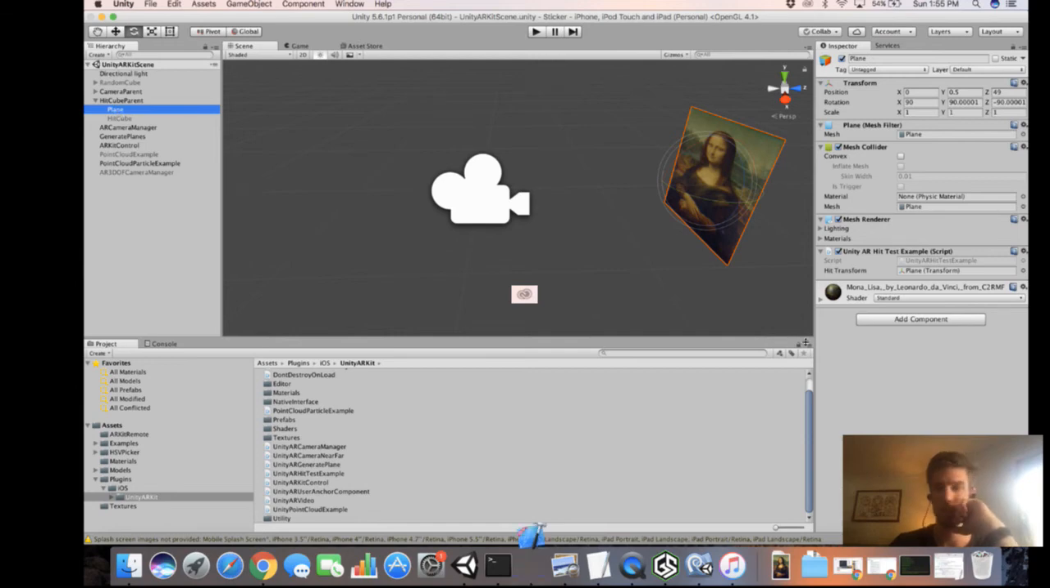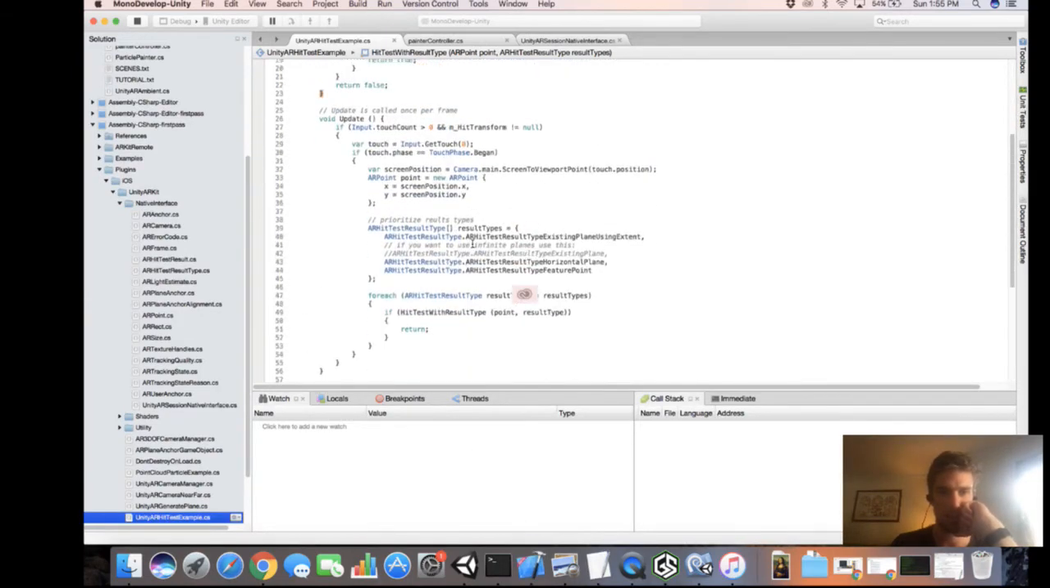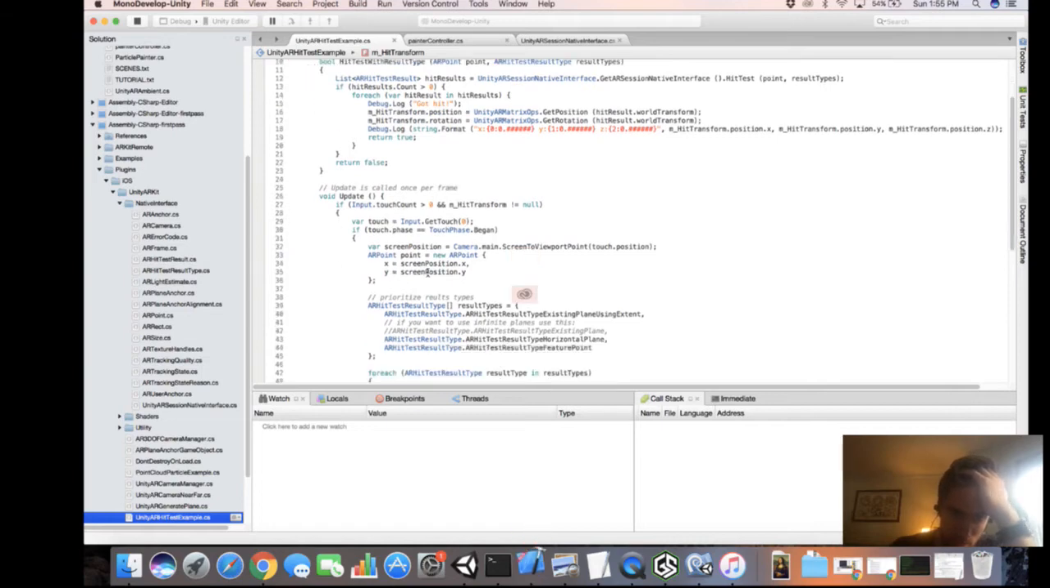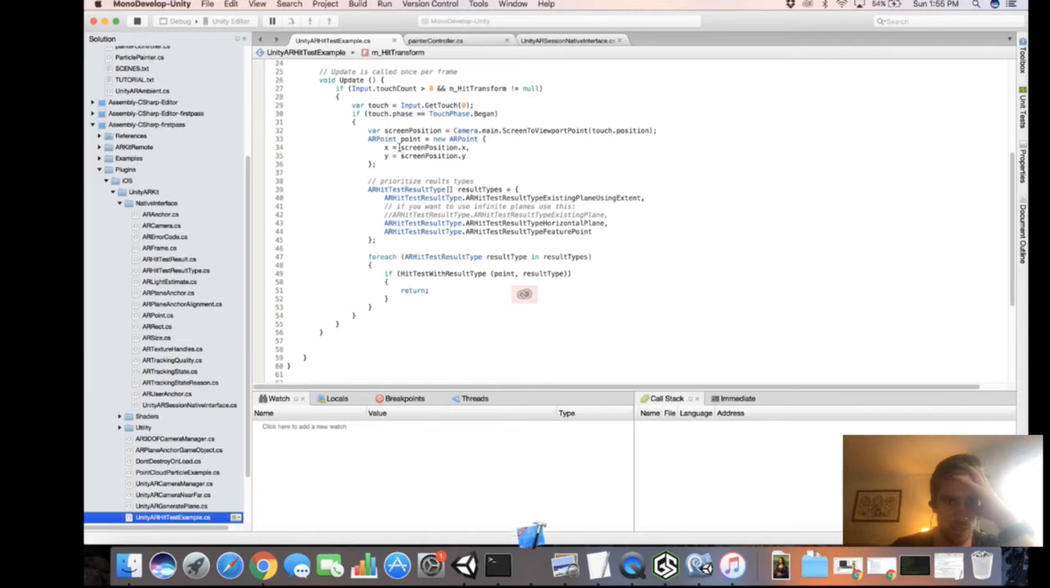That was a good 20 minutes of deactivating this script and then reactivating it. Okay, so I did some work on sliding. If you have more than one finger touching and the public transform is not null, touch equals Input.GetTouch(0). So get the first finger. If touch phase is Began, if it starts touching it,